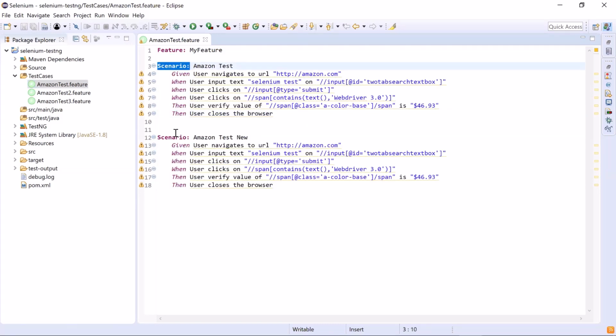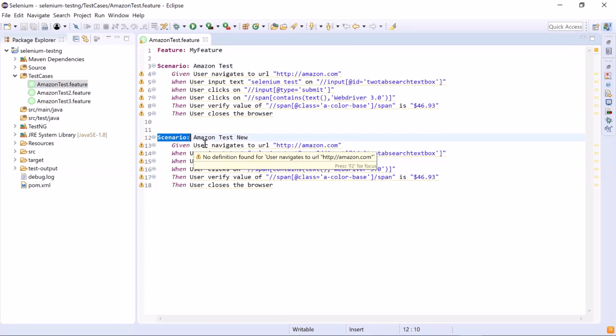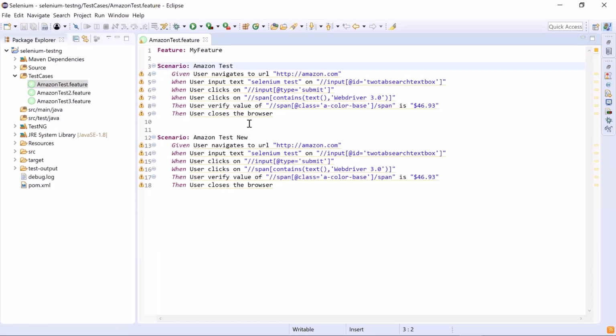In that case, it doesn't matter whether you are using JUnit or TestNG. But if you have independent scenarios in your feature file, then I would suggest you go for the TestNG data provider option to run the scenarios. It allows scenarios and rows in a scenario outline to be executed in different threads.